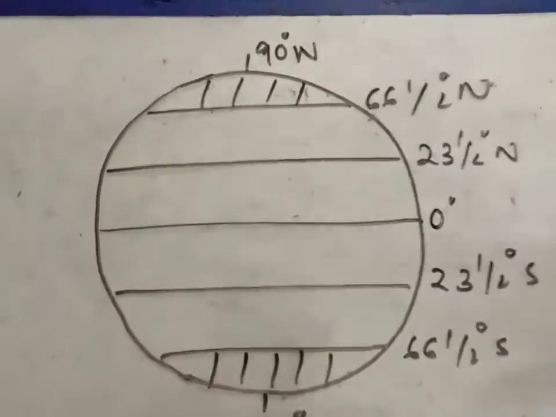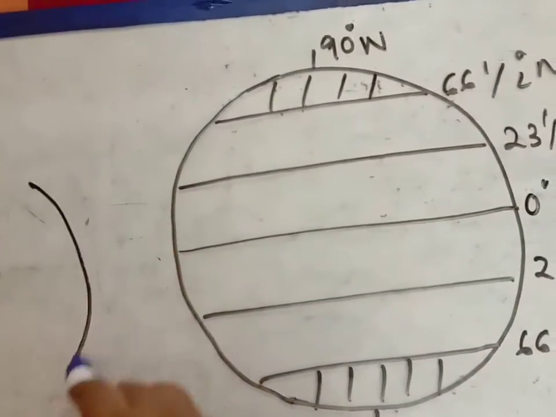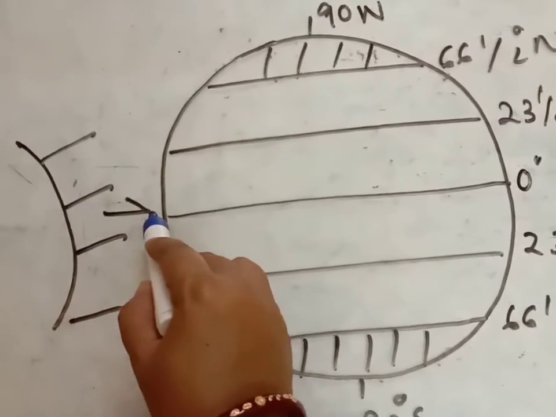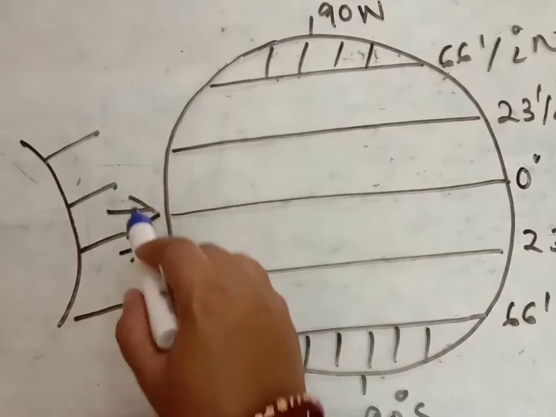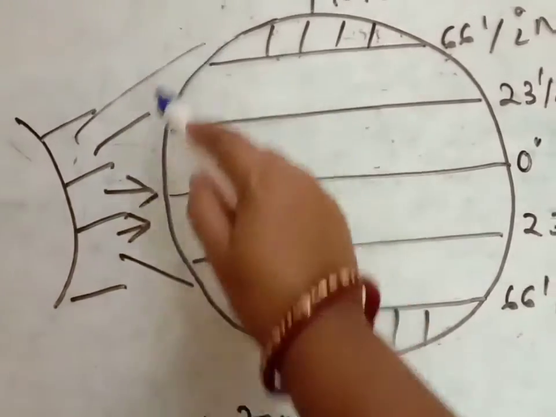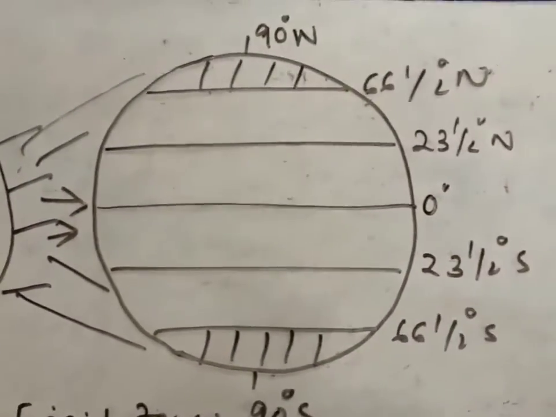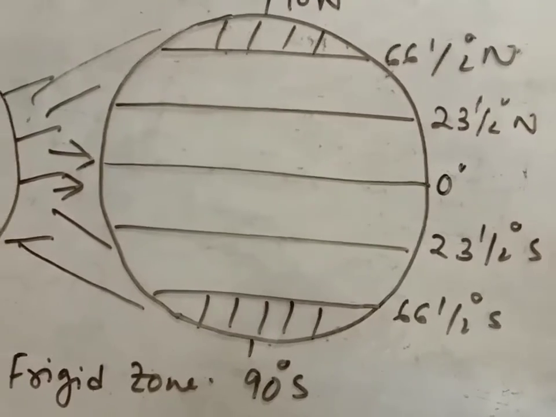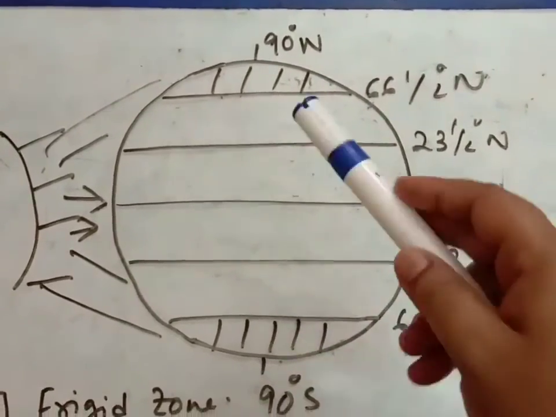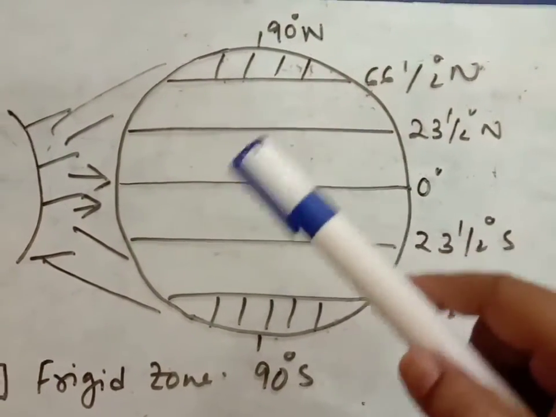And you know that if we consider this is the sun, these are the sun rays, the sun gives light directly to the torrid zone, and it is slanting in the temperate zone, and it is too much slanting in the frigid zone. So because of that, this frigid zone is actually very cold, because these two places are not getting enough sun rays. So this place is really very cold. Clear?